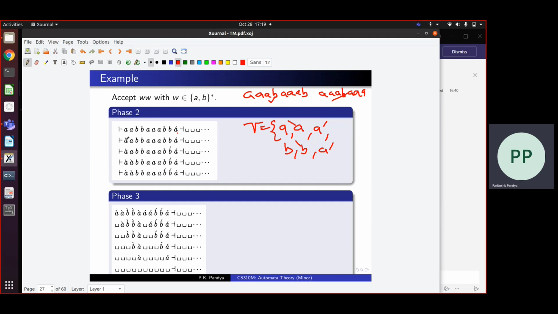It will move one step to the right, and it will replace the first normal symbol, which also happens to be A, by the left version of it. So in these two passes, what the Turing machine has achieved is that it has marked the first symbol as left A and converted the last symbol to right A.